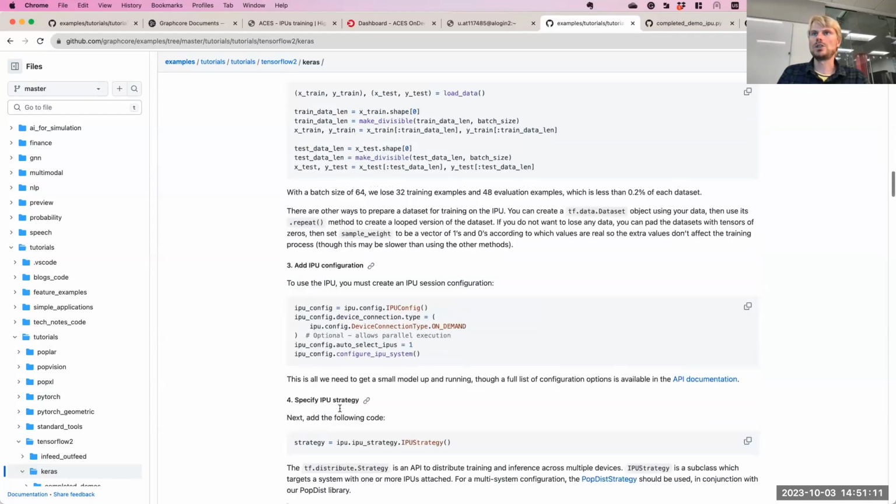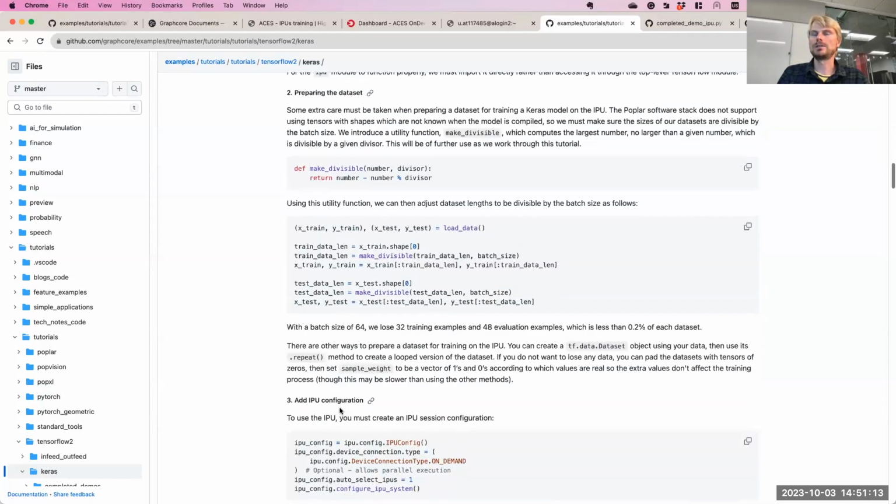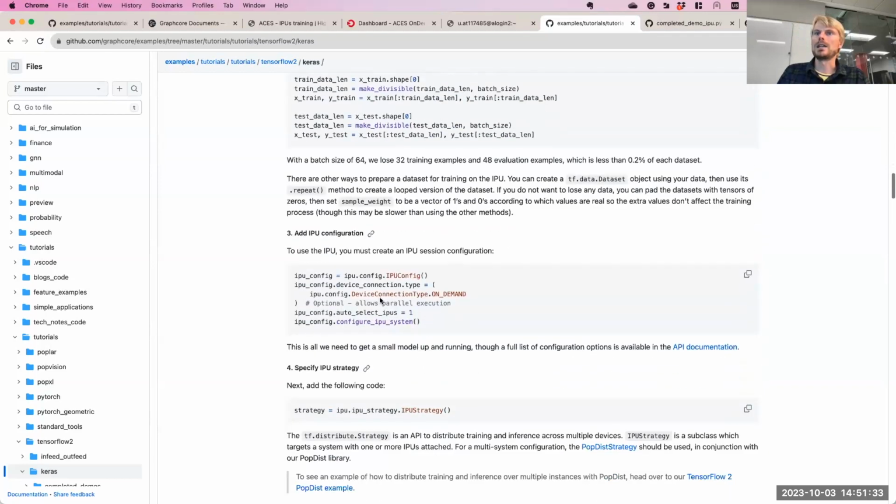The changes when porting the script to the IPU are described in the following sections of the README file, which are making the dataset length divisible by the batch size by simply dropping the remainder of the dataset. And then